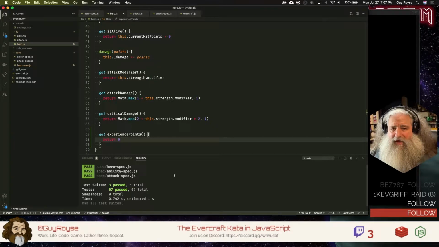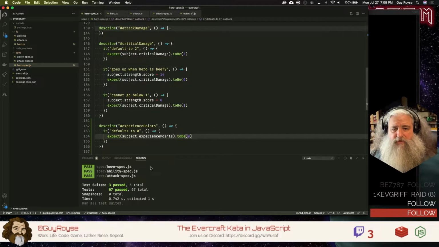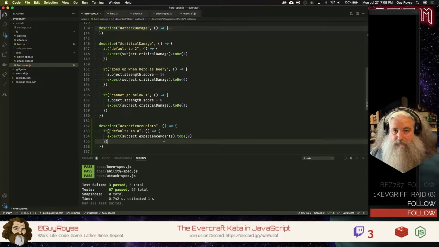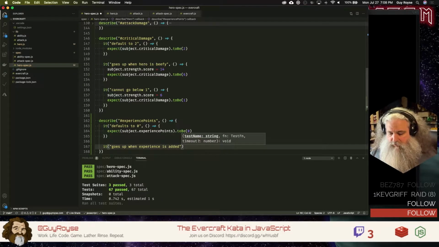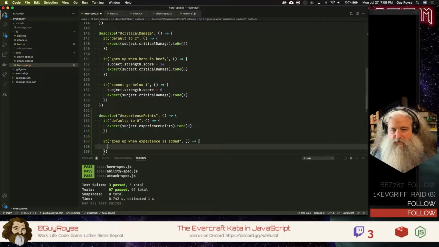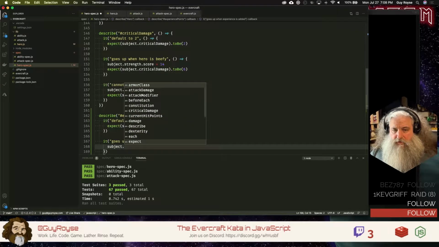So we need to be able to add experience to the character. So going back to the hero spec, we can say it goes up when experience is added. Seems reasonable. And so we'll say subject dot